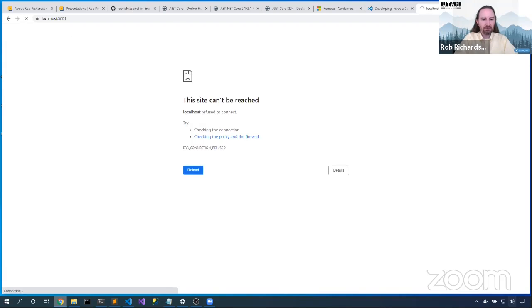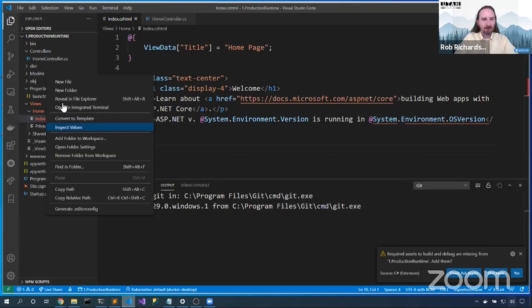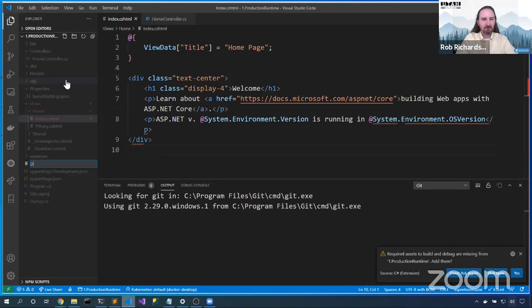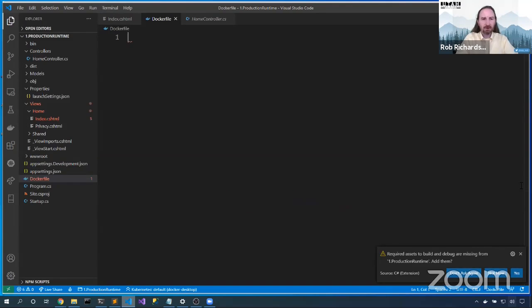OK, let's see if we can get this into a container. Let's create a Dockerfile. Now, it's important that this is Dockerfile and not dockerfile.txt. Here in this Dockerfile, this is the configuration as code that allows us to build up a Docker image. So we'll start out from,